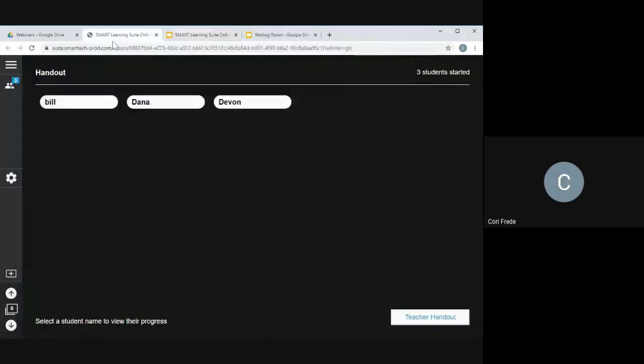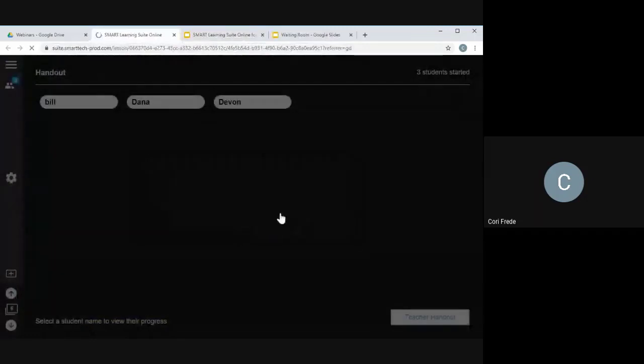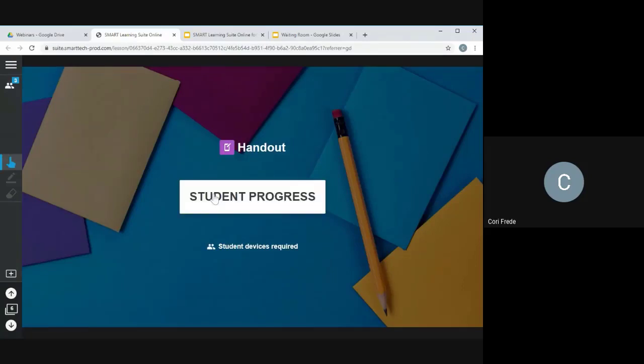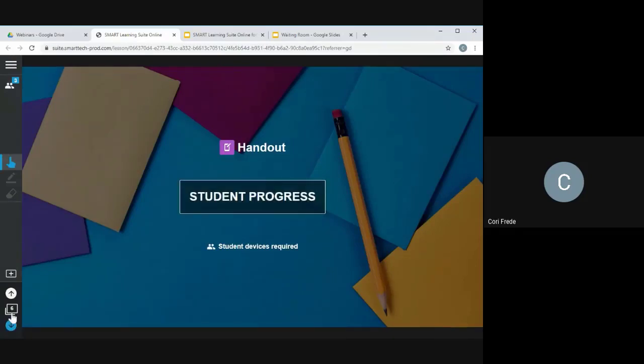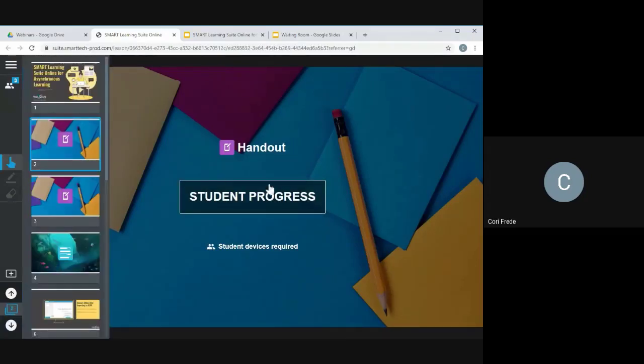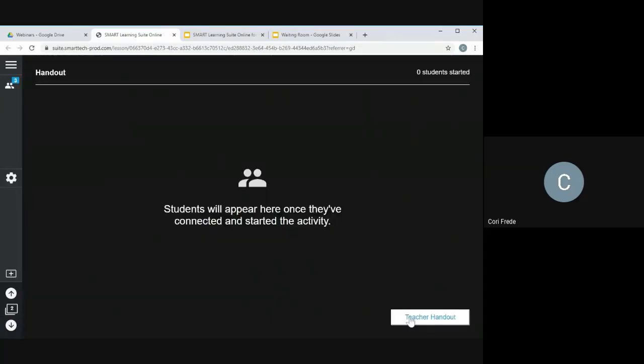All right, so let me get back. Did you see that? I should have left the error message long enough for you to read it, but it said you have 2 Smart Learning notebooks open and they're fighting for access to your teacher code, basically. So you can only have one open. If I go back to that one that we created together as the demo, which is this one right here,